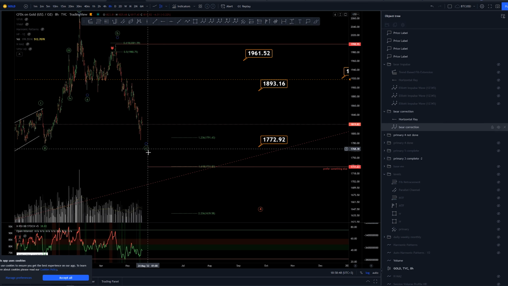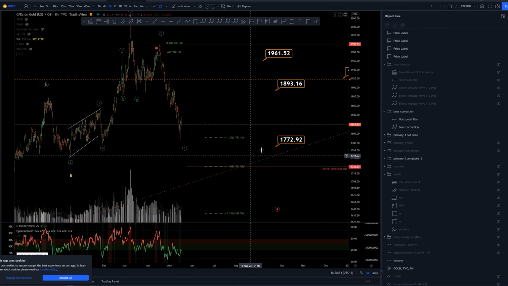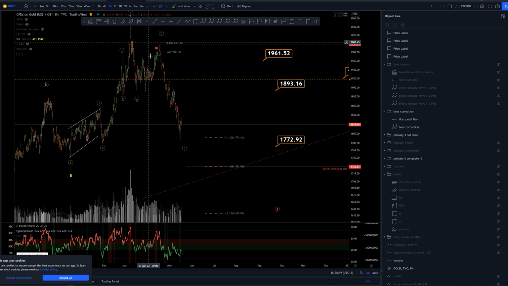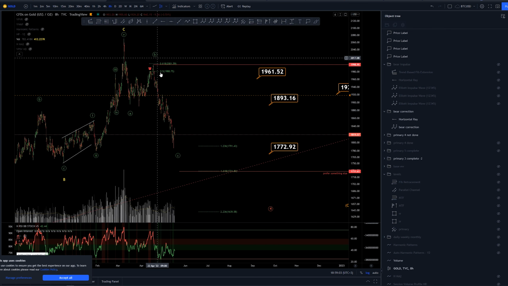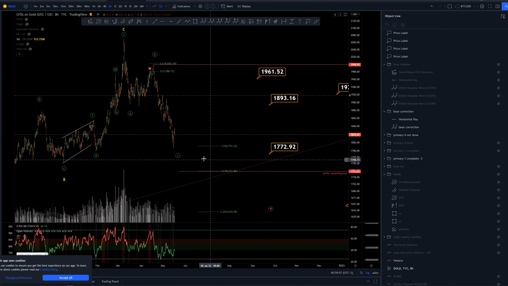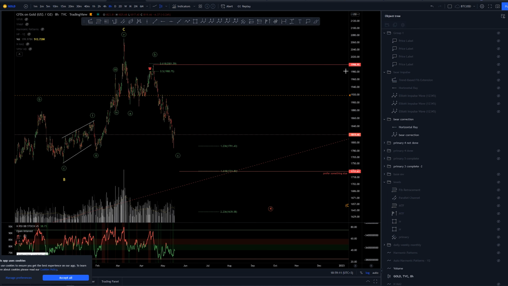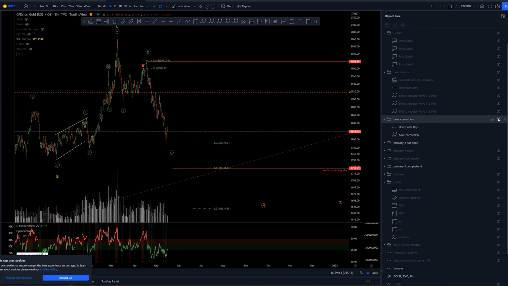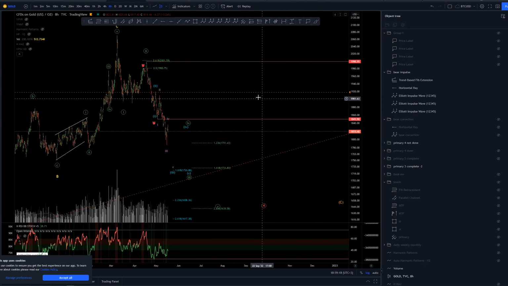Now if the price still comes down and gets to the 1.618 here at around 1732, then we should be looking for some other counts, as this extension is more like a 3-wave or the 3rd wave or something, rather than the wave C. Let me close this. At that point, if it goes down here to the 1.618, we would be looking at something like this as